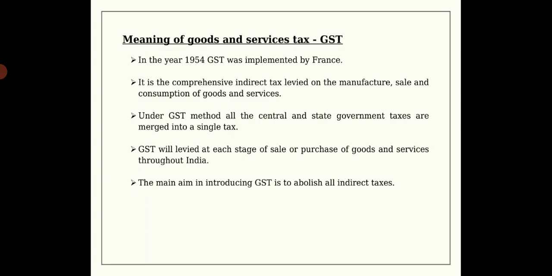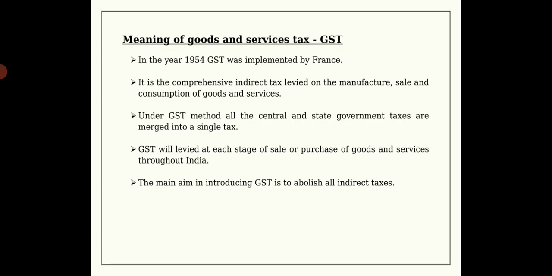The main aim in introducing GST is to abolish all the indirect taxes. Every person who is providing or supplying services is liable to charge GST. So here GST is a tax on goods and services with a comprehensive and continuous chain of set off benefits from the producer's and service provider's point up to the retailer's level,